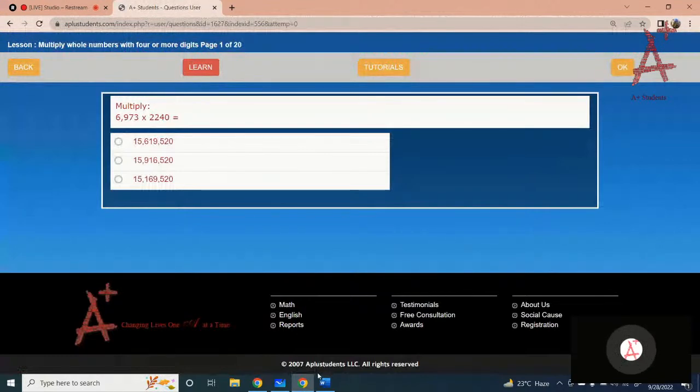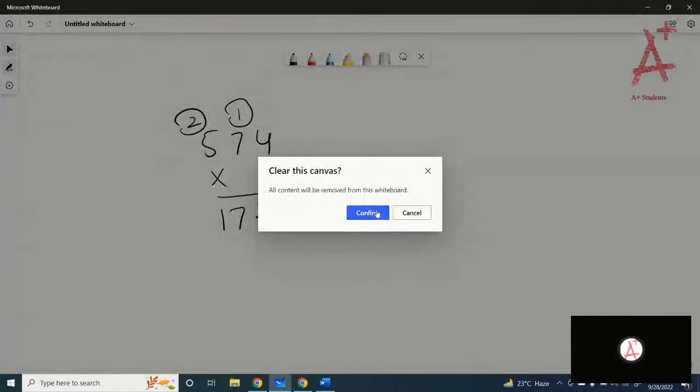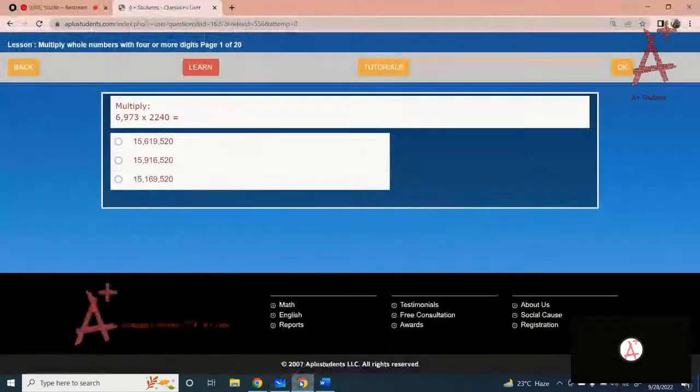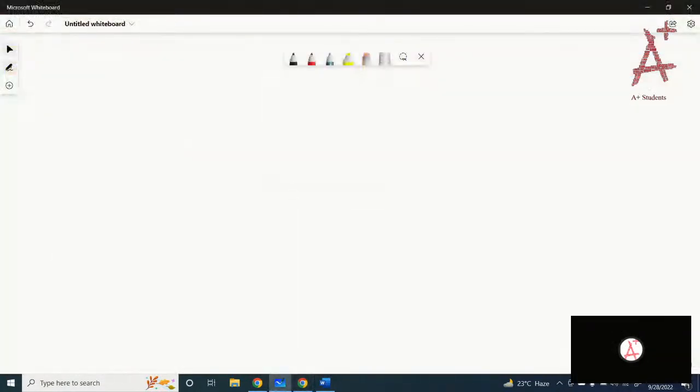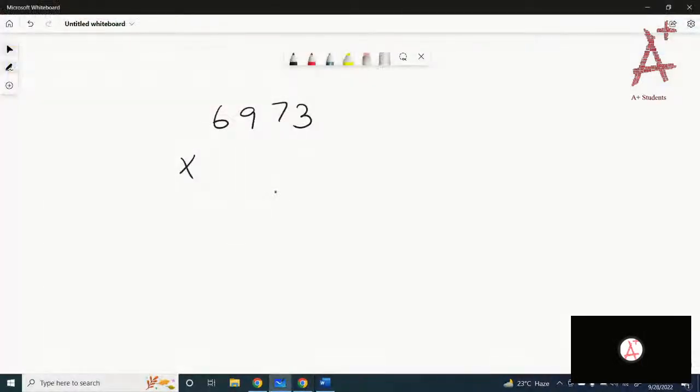Okay, let's do 6,973 times 2240. Let me just write down the numbers. They are somewhat long questions. 6,973 times 2240, because you have to multiply the 4 digit number with another 4 digit number. Got it? So we have to start with the digit at the ones position, start multiplying the 0